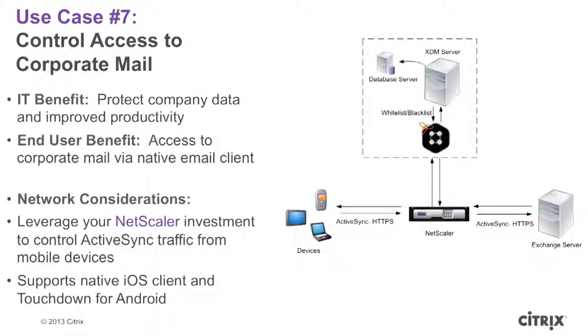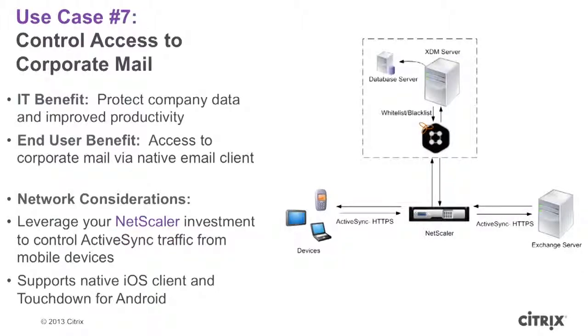So this is probably one of the most popular use cases that people will ask for. The benefit for the end user is, hey, I get corporate mail. Everybody wants that on my mobile device. I get to use the device I want, and I get all this corporate information right next to my personal email client. The IT benefit is you get to